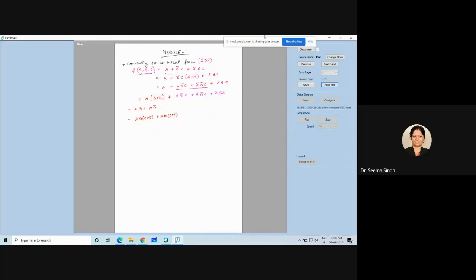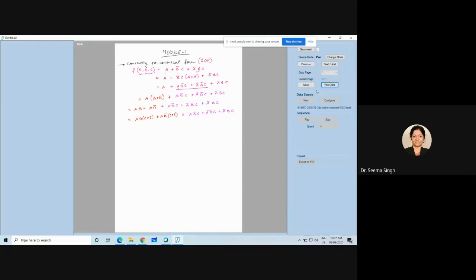Why am I asking you people to copy it as it is? Because I have seen your seniors, they will do one term and forget about the other term. The other term will be missed somehow, and finally the answer will be wrong. So that is why I am making it in a different color also. You remember what I am trying to do.